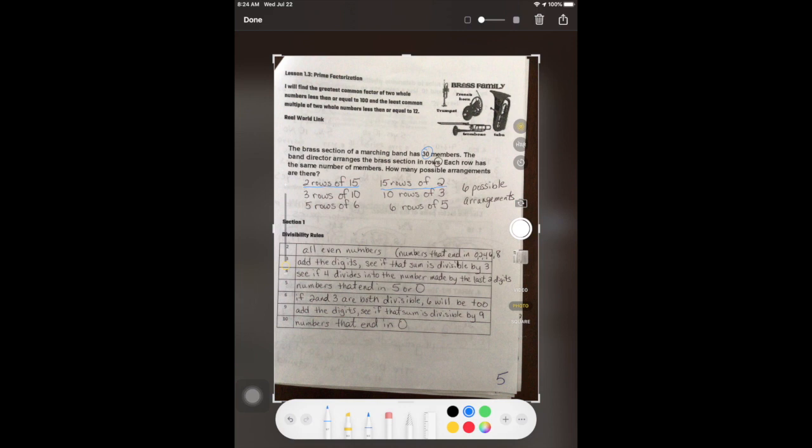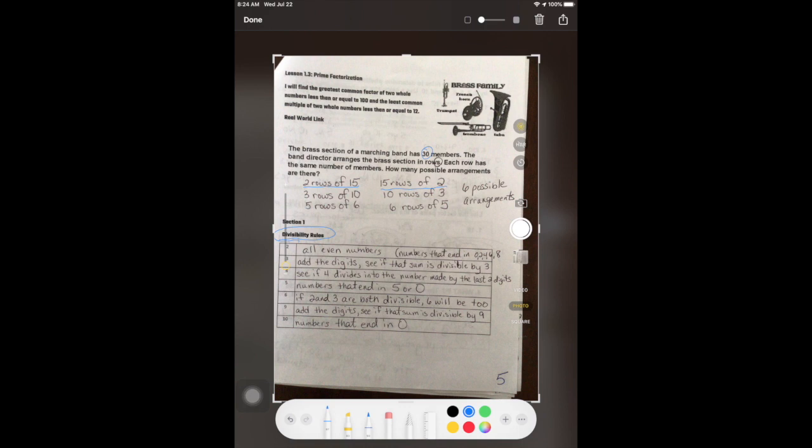All right? I also know that 3 divides into 30. And I know it easily because I know some really cool rules that help us to figure out divisibility easily without having to actually divide, okay? So I'm going to leave this problem, the real world link, alone right now and let you take a look at it later. But right now I'd like to go over some of those rules that make things super easy for you to figure out divisibility. So if you go down here and we look at these divisibility rules that I have written out for you,